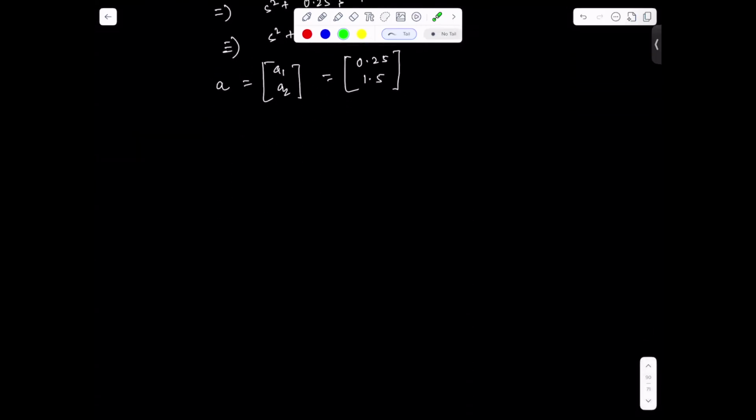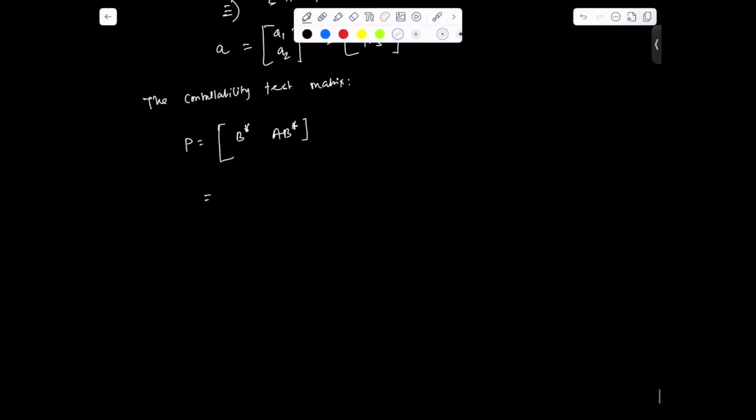So here, the controllability matrix is P equal to B star, A B star. Or we can write B star is, so from this we can find minus 0.049 minus 0.99,